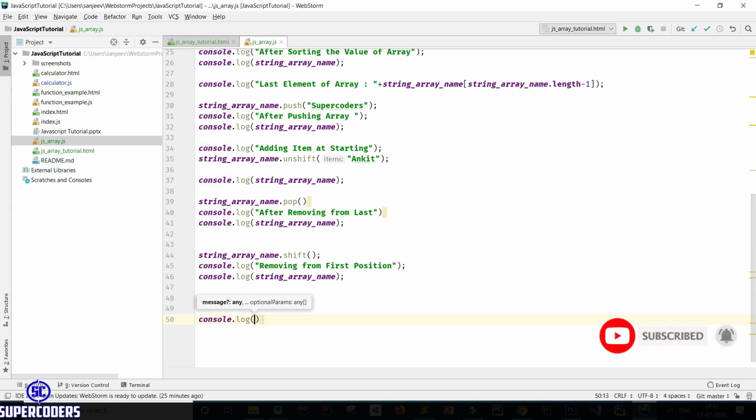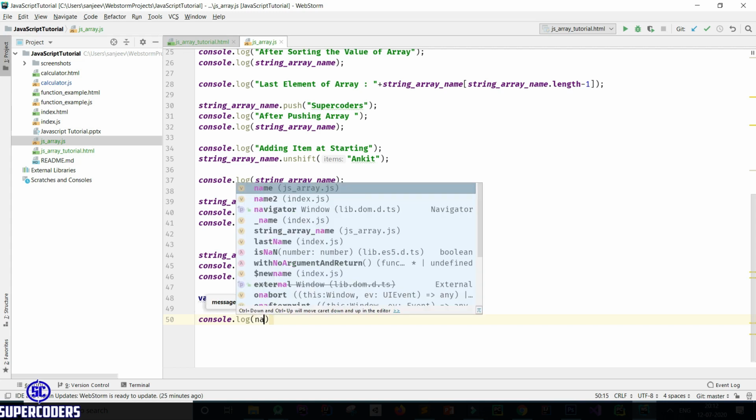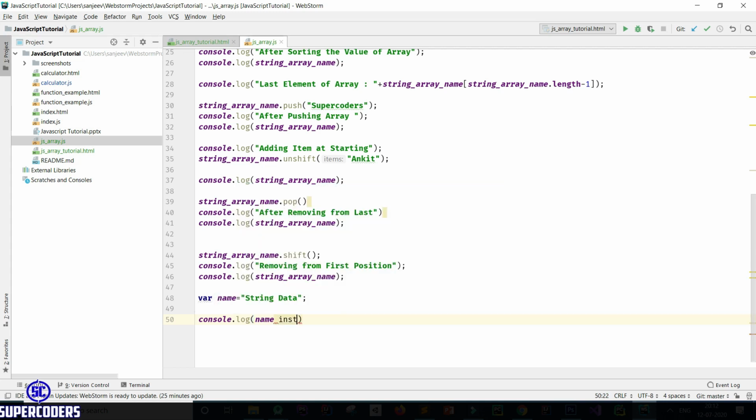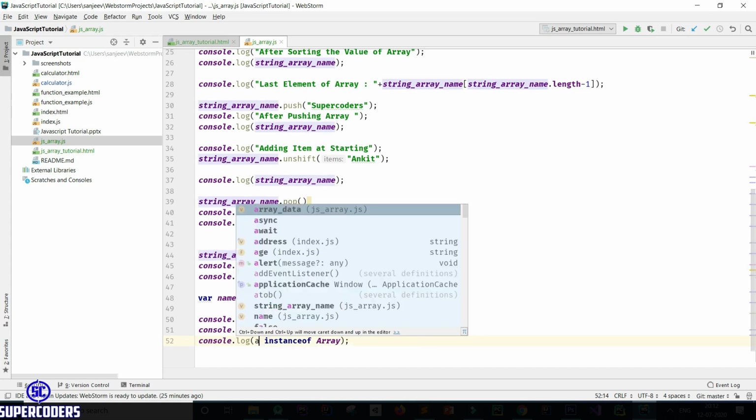So first name instanceof Array, and also string array name instanceof Array, then also array data.